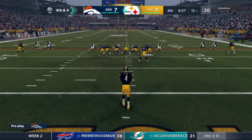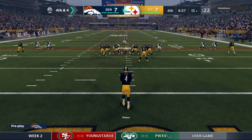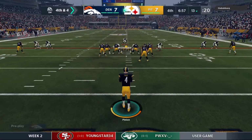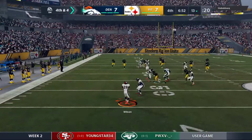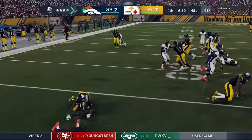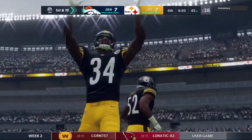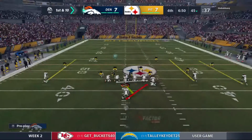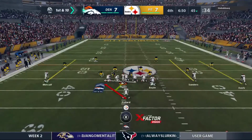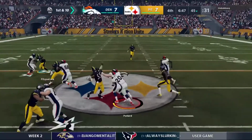Here's Bradley Pinion now, standing about a yard deep in his own end zone. So possession goes over here on the punt. And the offense will take over with a new set of downs at their own 45-yard line. The Broncos onto the field, ready to start their next drive. Excellent job by their defense to force the punt and provide them with this opportunity, all tied in the 4th